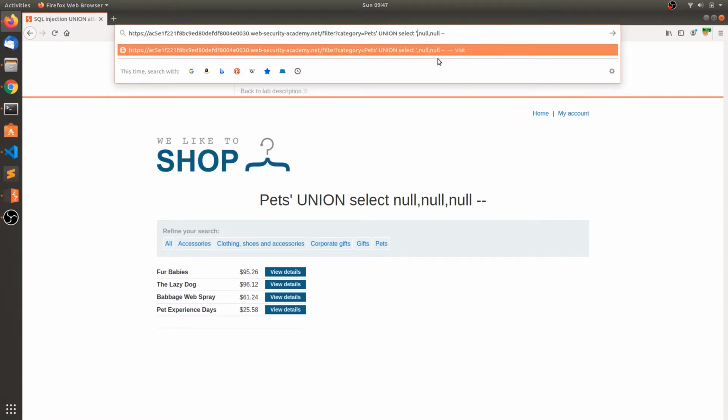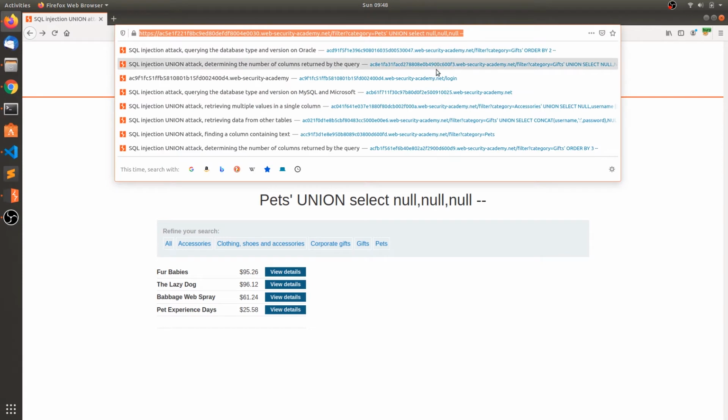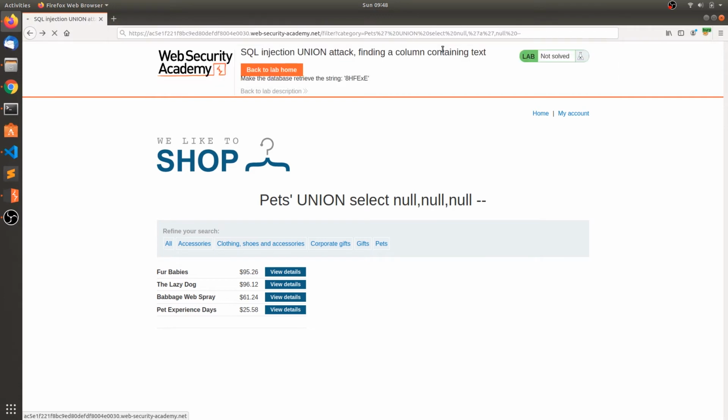Let's say W. So server error. Let's change it to the second column. And here you can see in the column you have A. So that means we have successfully determined that the second column is a string type.